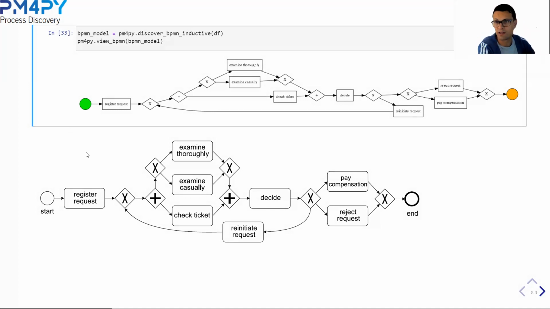And observe that both say, okay, we start with the registration request, and then there is some merging, right? There's a merging between coming from register request or the reinitiate request. After that, we see parallelism, and we see exactly that there's a choice construct between the examine thoroughly and examine casually activities, and there's a ticket check. We can then finally make a decision. And after that, we see that there's a choice between the initiation of the request or the rejection or pay compensation. The only fundamental difference, but it's not really such a fundamental difference, is that somehow the algorithm in pm4py decided to split up